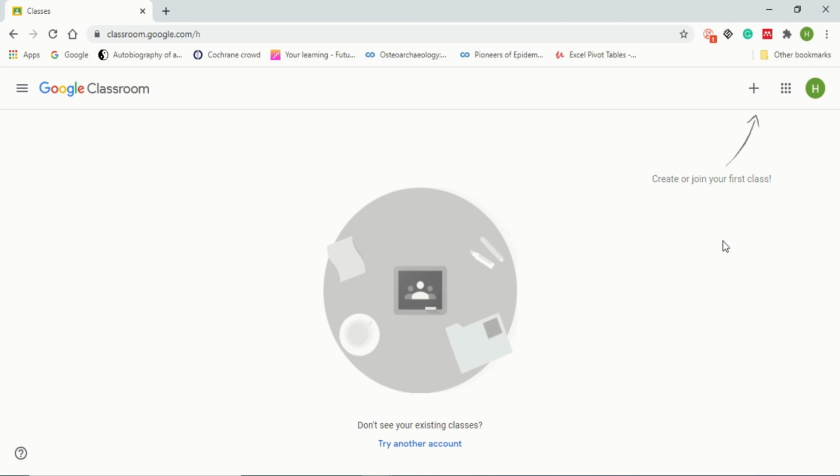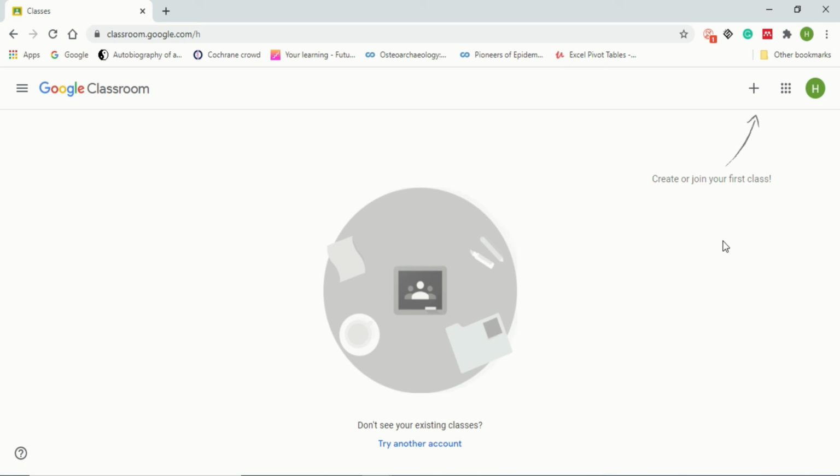So what you need for Google Classroom is basically a Gmail ID, which is available for free. You can create your Gmail ID. Nearly 90% of the Indian population and around 80% of the average population uses Gmail, so it is easy for everyone to log in.